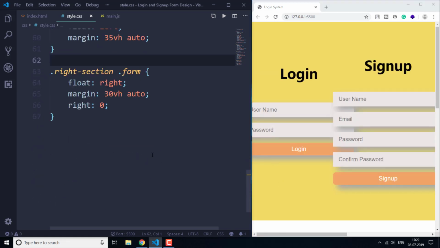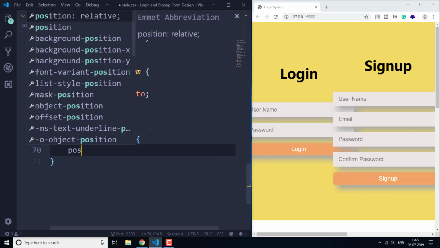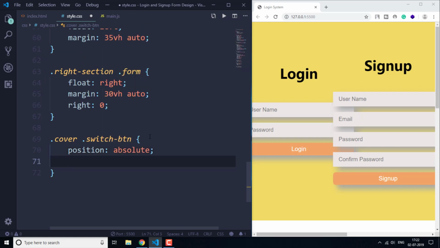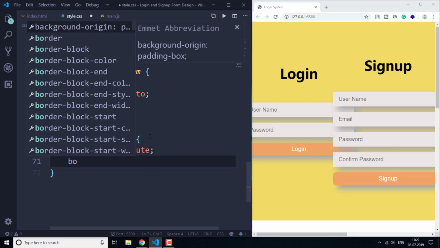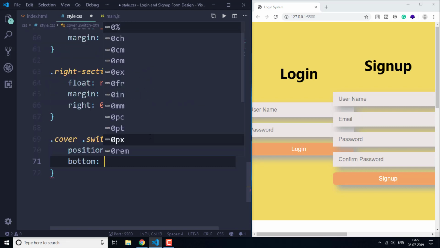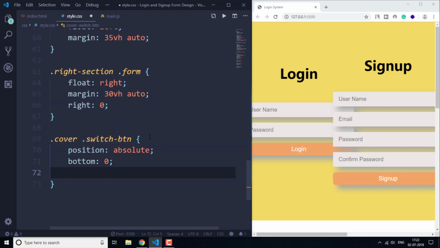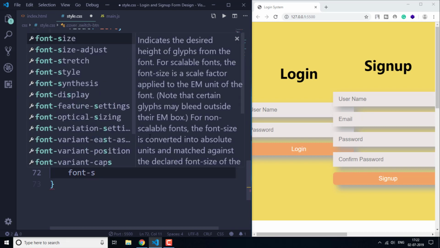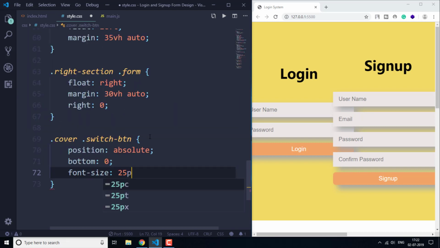Okay, then after dot cover dot switch btn, so position here is going to be absolute as well, and then bottom 0, then font size 25 pixels,